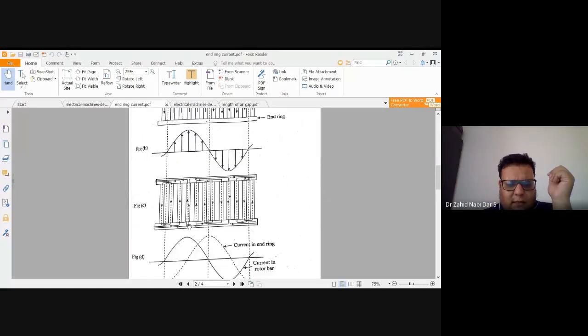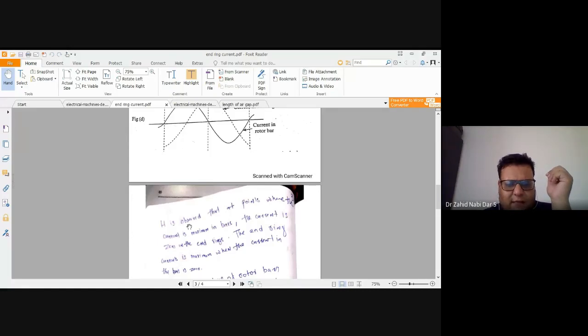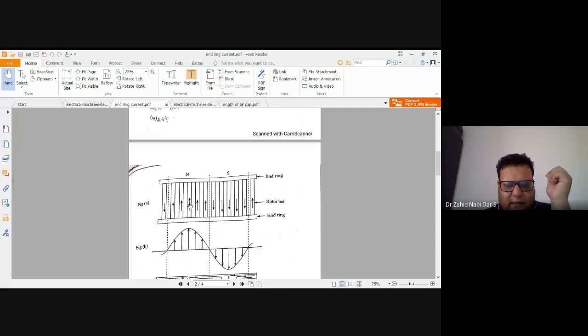So now the most important thing is how do we calculate this? You have seen these figures. Please look carefully at the figure one more time. This is the end ring current. These are the rotor bars, and these are end rings. At the end of the rotor, in the middle there is a cylindrical shaft, and at the end there is this end ring. It would be on both sides of the rotor. So you have the rotor, in between you have a shaft, on one side you have a ring, on the other side you have a ring, and over the rings you have the rotor windings.